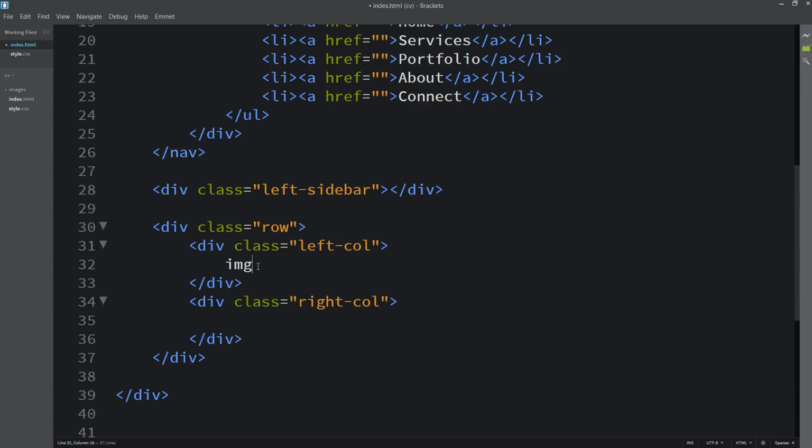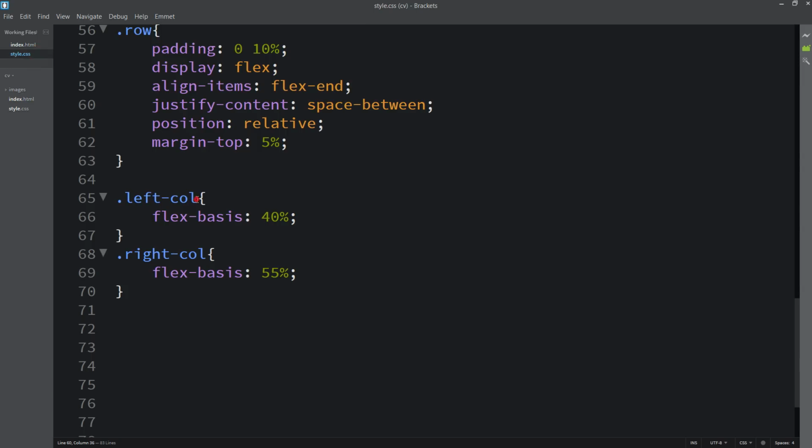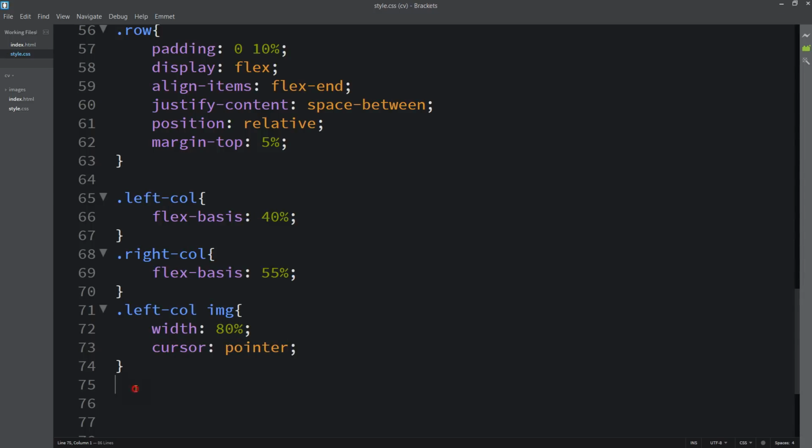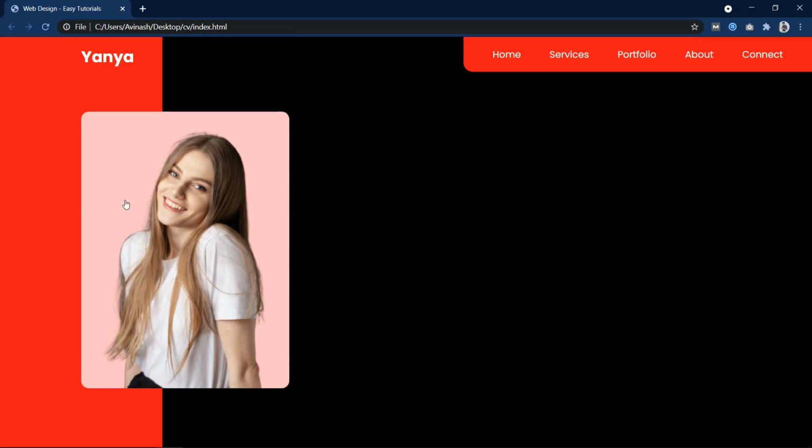Now let's come back, and in the first column we will add one image with the img tag and the image file path. You can see we have added this image here. And now let's come back, copy the class name for the left column, then write img because we have added an image. Here we will set the width 80% and cursor pointer. After applying this, refresh the website, and you can see this image in the left column, and the position is